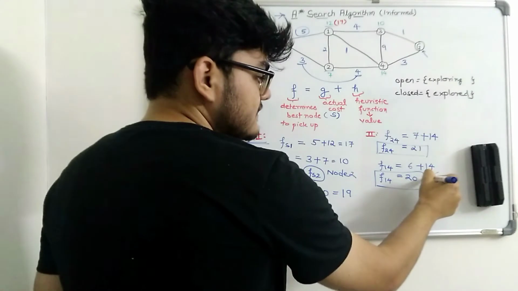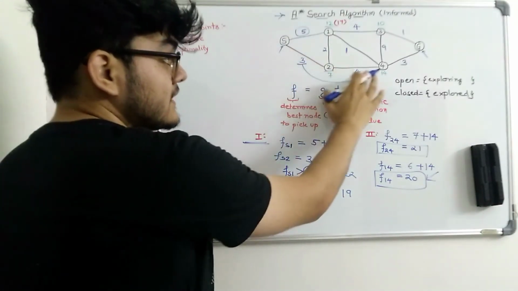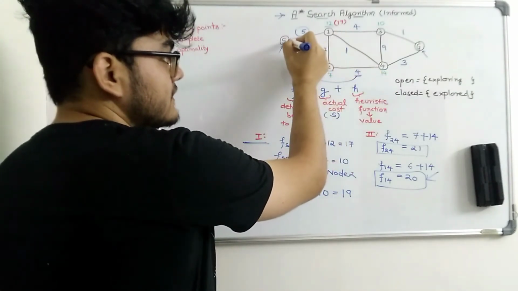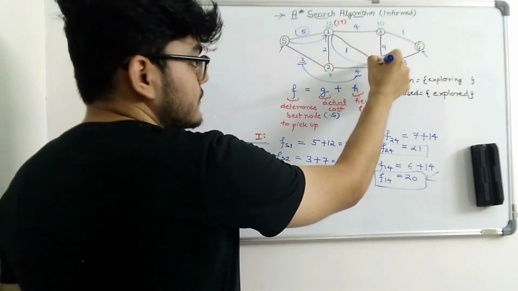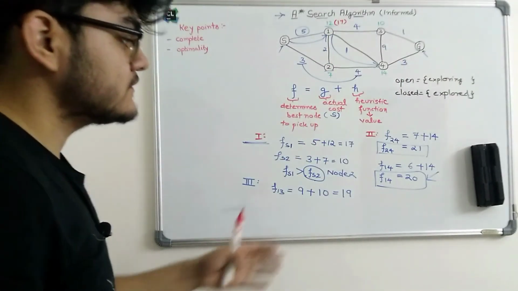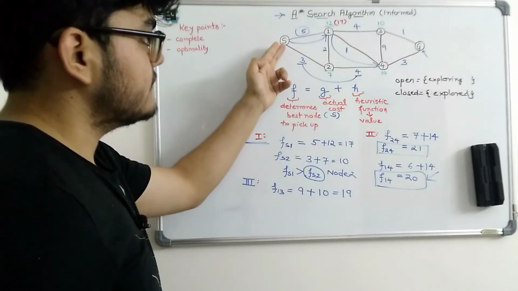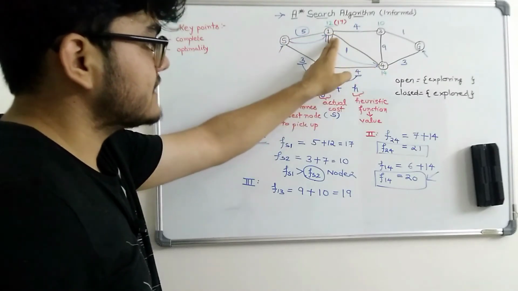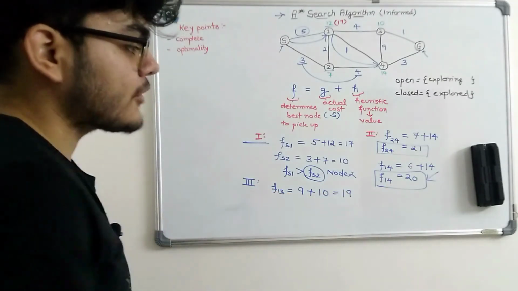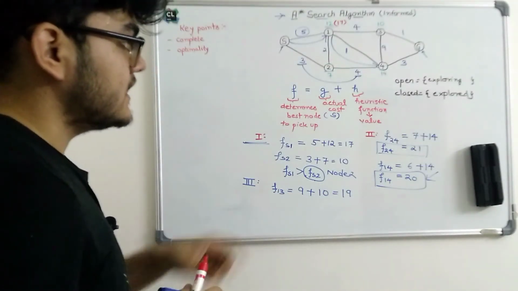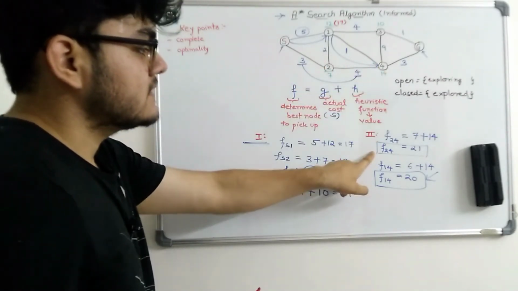Now since this was a more promising node, rather than traversing this path, we will traverse this path. We will go to 1, then we will go to fourth node. Why? Because we calculate the values of f, and we found out that if we will choose 1 as the intermediate node between these routes, then we will get a very promising value of f. If we will choose the path which goes from s node to 2 and then 4, then the value is